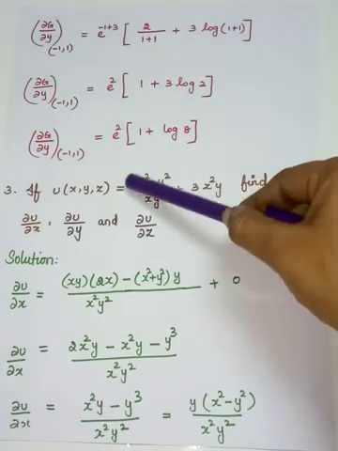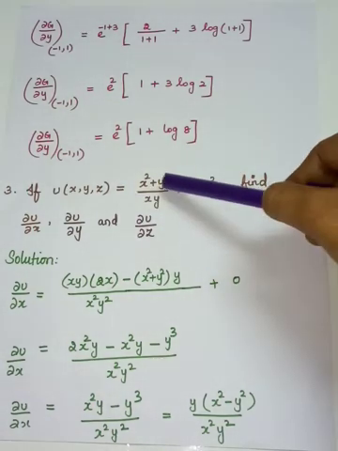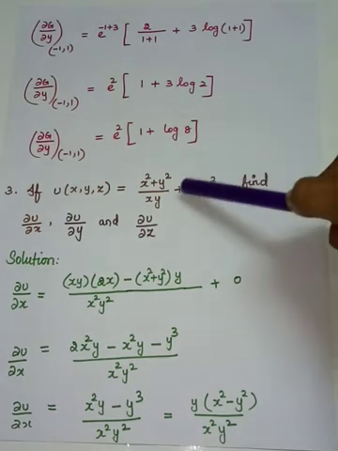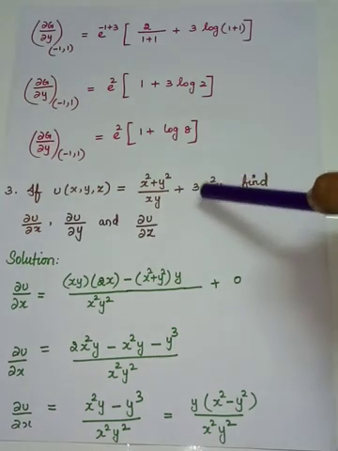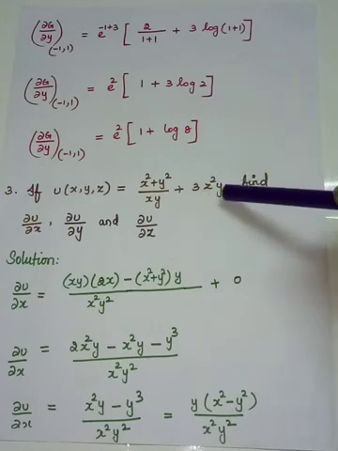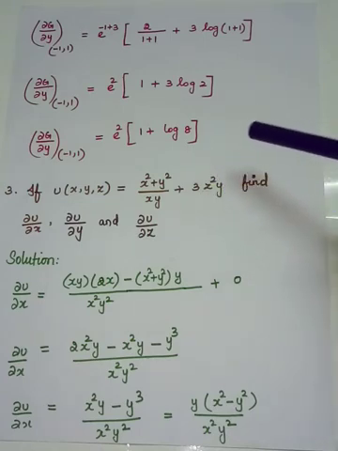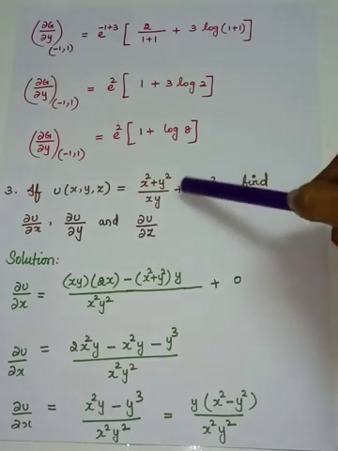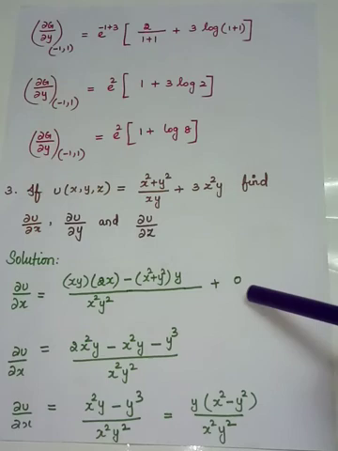So I have completed the partial differentiation of the first term with respect to x. Next, go to the second term. It is 3z squared y. What are you saying? 3 is a constant, y is also a constant, and z squared is also a constant. So the whole term is a constant, so it is 0.